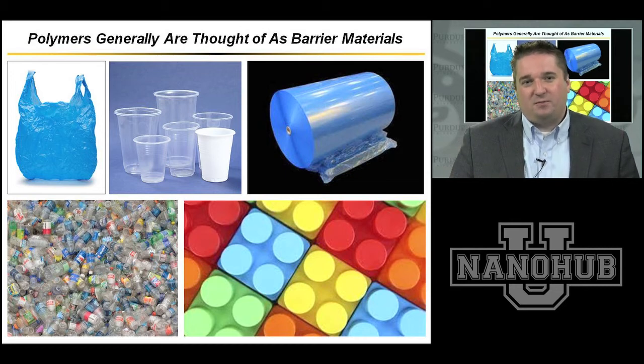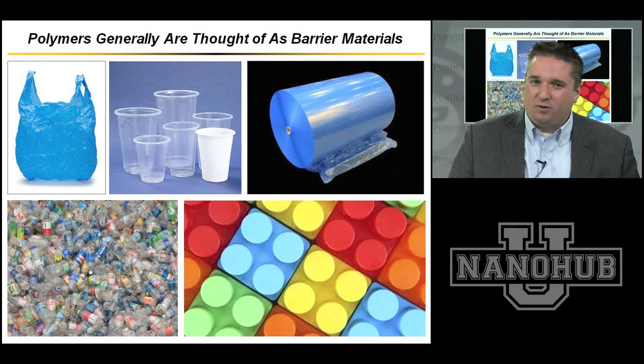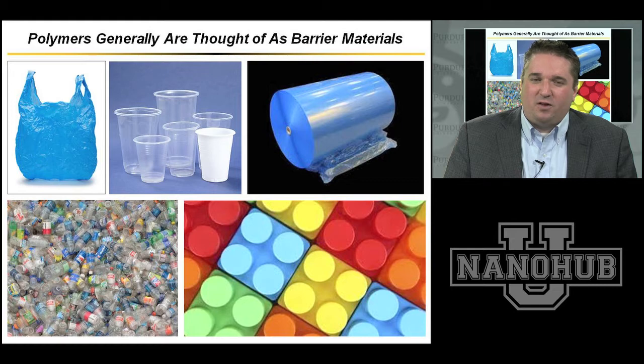So the benefit of polymers is that you can change the molecular and processing conditions such that you can tune how they behave in a barrier sense. And traditionally, polymers have been used as barrier materials in a lot of different applications. And we're common and we're familiar with those, and we've used billions of tons of polymer throughout the time that they've been around. Okay? Over the past 30 years, how this has changed is now we've been using organic materials